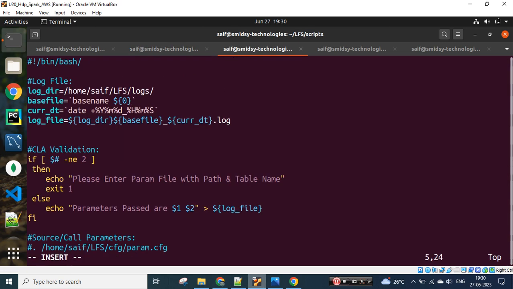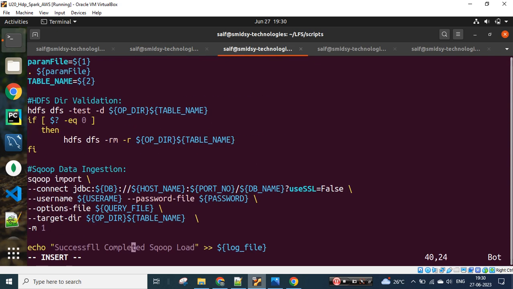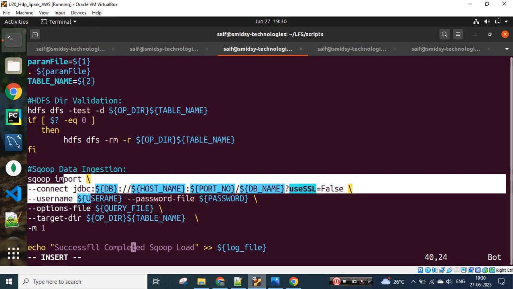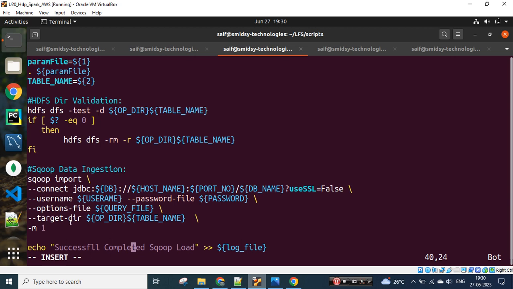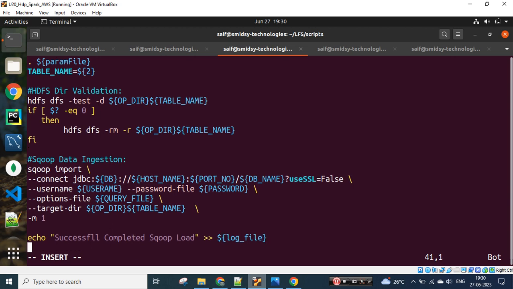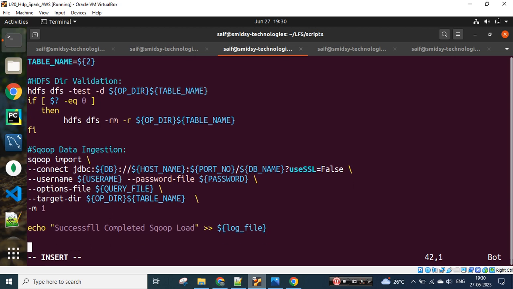And let's go to the insert mode. So data ingestion is getting successfully completed. Here also I can handle some validation, like how I have handled the validation above. So if my scoop command is unsuccessful, I can exit from there, or I can do something else. How you write the code is all on you. Due to the time constraint, I'm just trying to restrict things and show you whatever is important. All the rest of the validation scenarios we can add as per the requirement and test it for a fruitful deployment